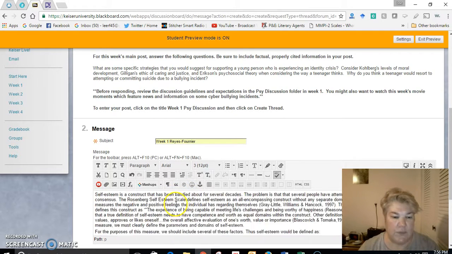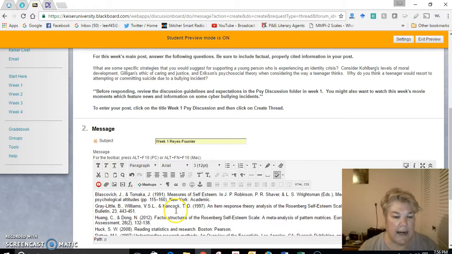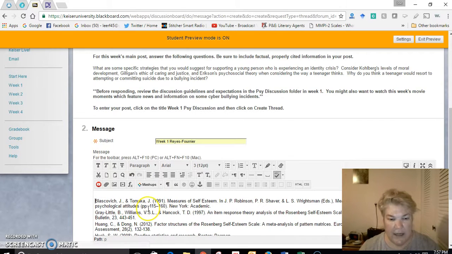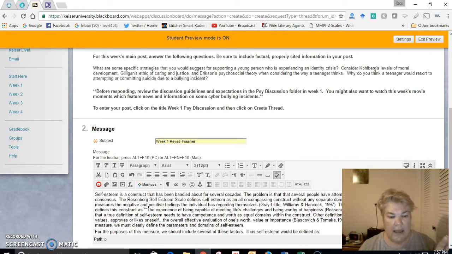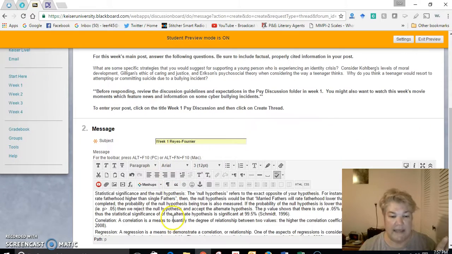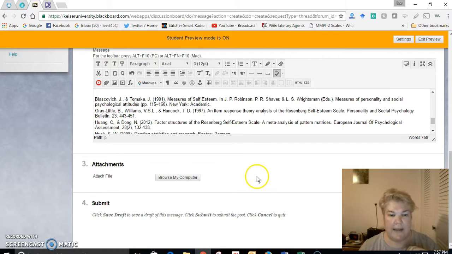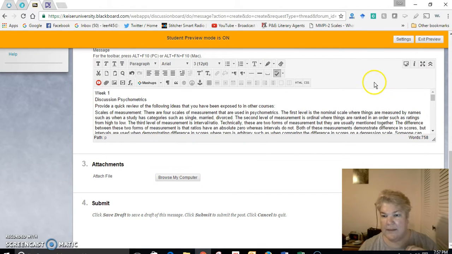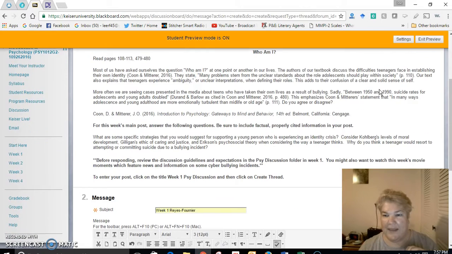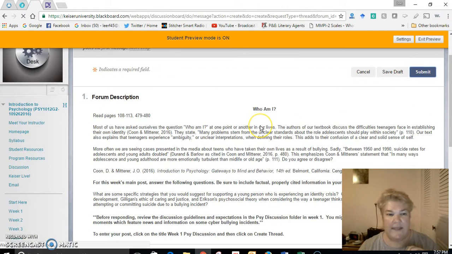And take a look at what you just did. Make sure that everything looks right. You might want to add a space here and there, because it doesn't necessarily post it exactly the way you had it in Word. Then scroll to the bottom. Try not to attach anything into these. Here we go. And then submit.